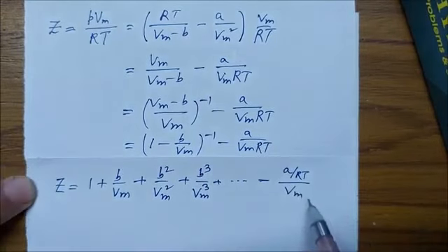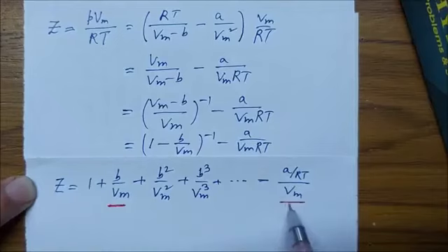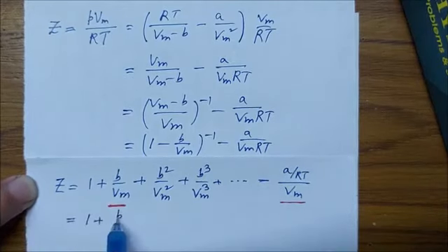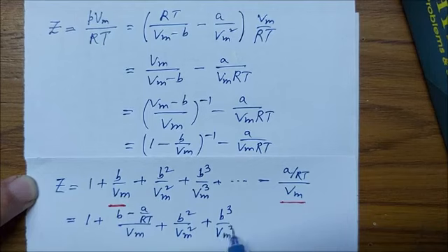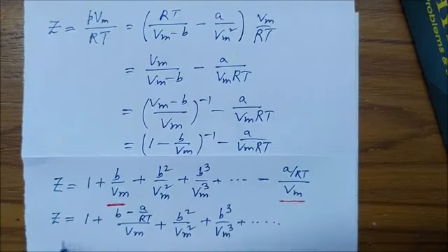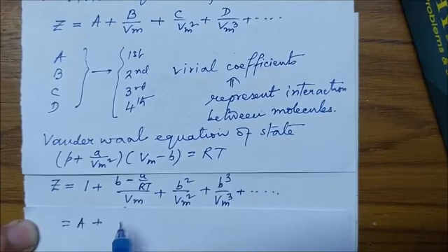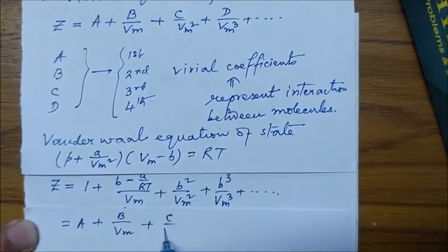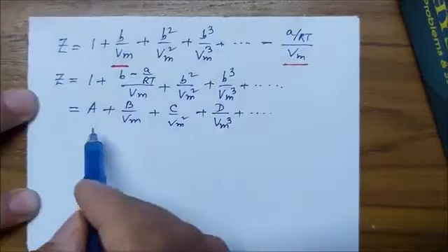in the following way. It can easily be noted that this term has 1 by Vm and so does this term, and therefore we can take 1 by Vm common. This gives us, and then the other terms. So this is Z, and this can be compared with the virial expansion of Z, namely this expression. Let us therefore write, so comparison gives us